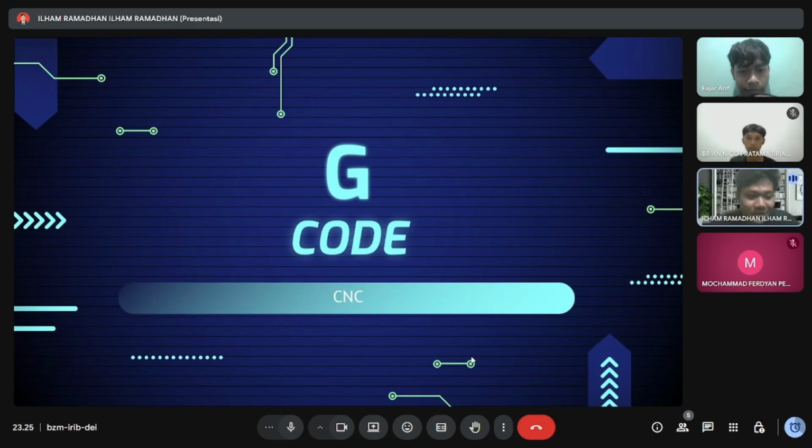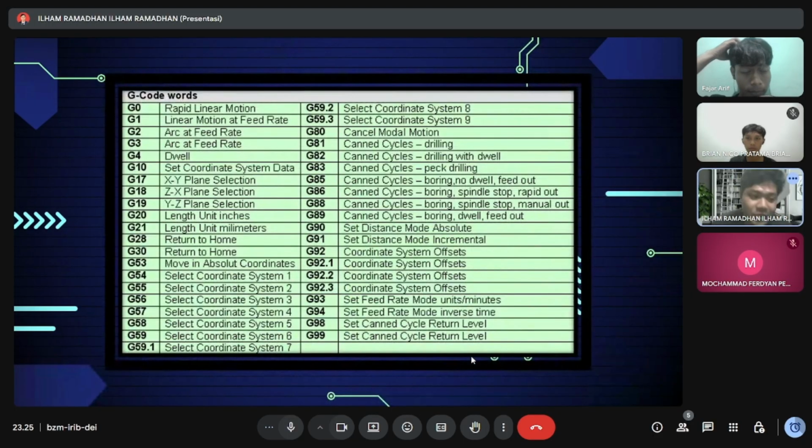Okay, this is G-code. As you can see, G stands for geometry, which is an alphanumeric format used by the system to tell the part what to do. In CNC code usage, we typically use codes such as G0, G1, G2, G3, G96, and G45. However, codes like G2 or G3 are already included in a program called a cycle. The way these codes work is by inputting the coordinate points of the workpiece. Additionally, we can add a taper profile within the cycle code.